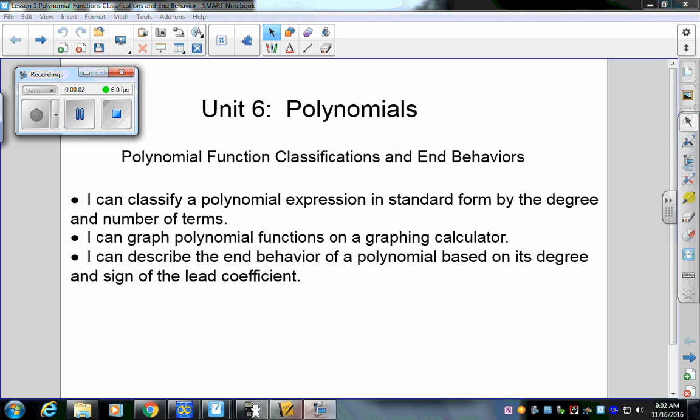Well, hello. We are now starting Unit 6, working on polynomials. Our ultimate goal for this unit is to be able to factor polynomials, solve all types of polynomials, graph them, determine characteristics and behavior, domain and range, and all that good stuff. So we're kind of combining things that we've done throughout the year so far, and now we're looking at bigger